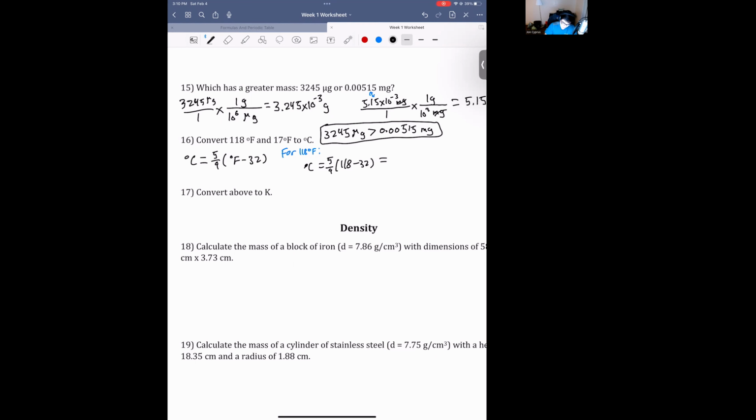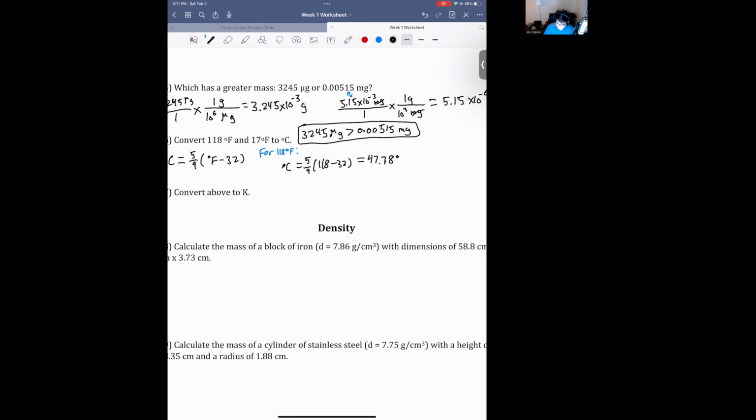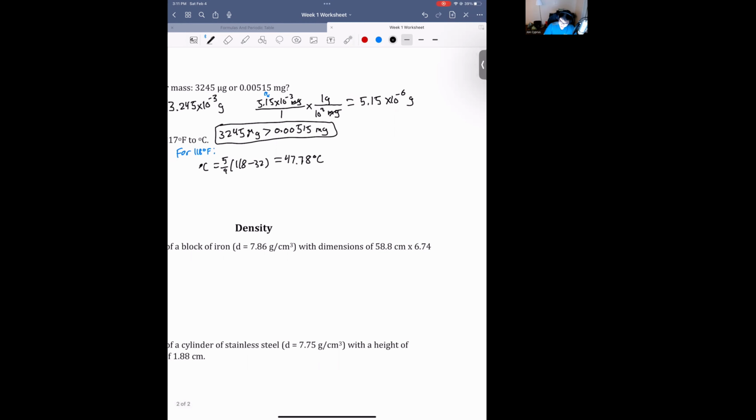5/9. And we end up with 47 point... you can keep 2 sig figs here. I'm just going to write 2 decimal points. 47.78 degrees Celsius. And then for this other one, right, for 17 degrees Fahrenheit,